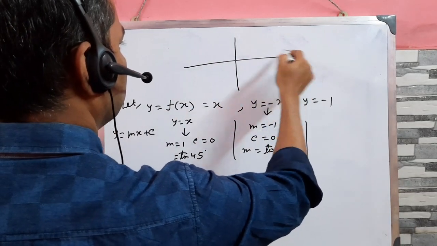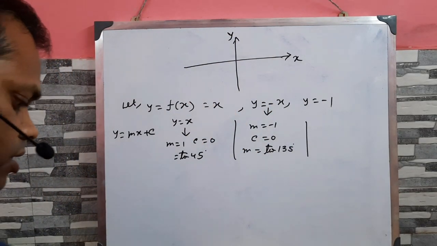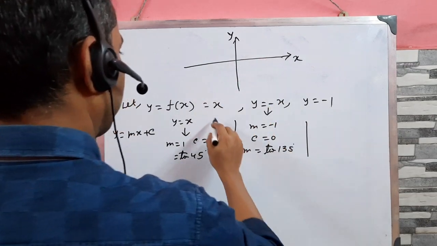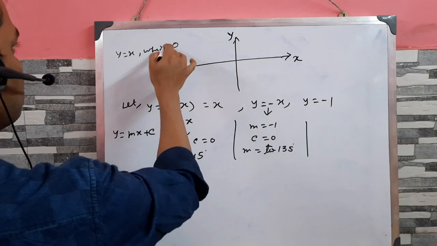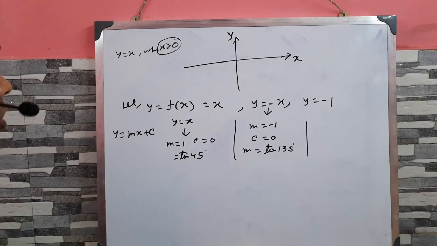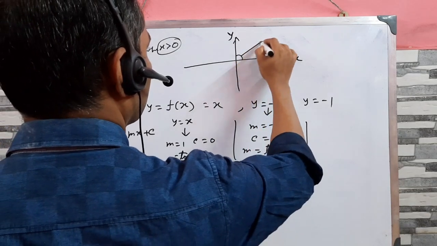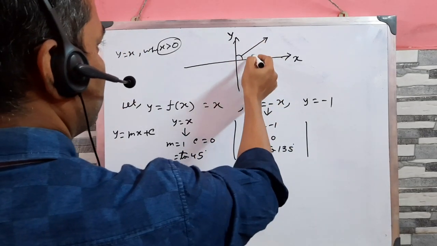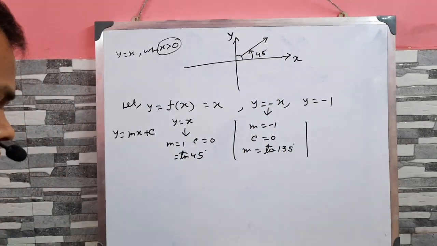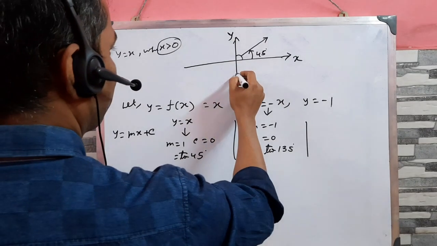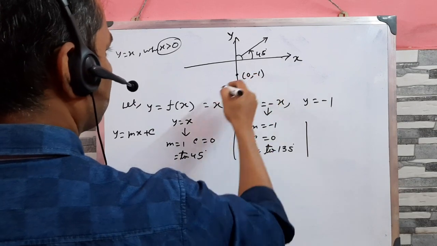this one is the x axis, this one is the y axis. So y equal to x when x greater than 0, here x does not equal 0. This one is y equal to x, that angle is tan 45 degree, that is 45 degree. And when x equal to 0, this one is minus 1, so here the point is (0, minus 1),